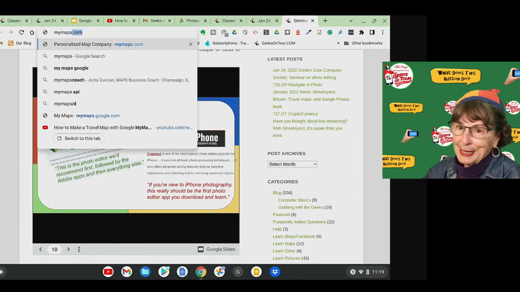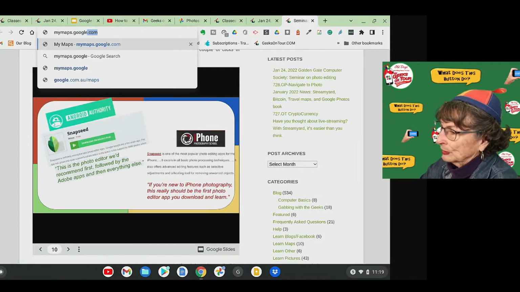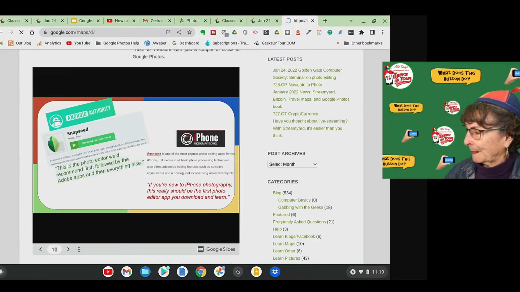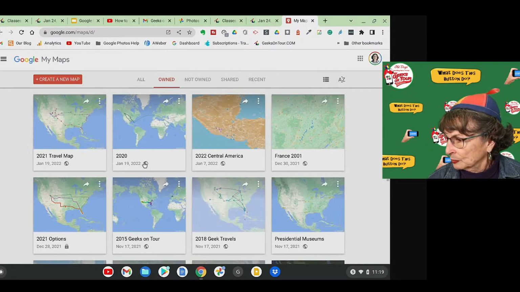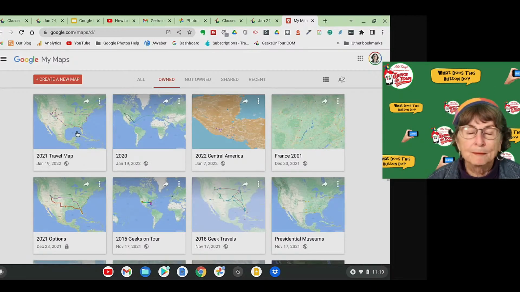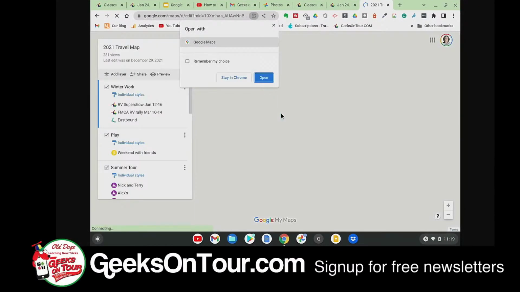And it's not mymaps.com, it's mymaps.google.com. And you will see, I'm logged in to my account, and there is